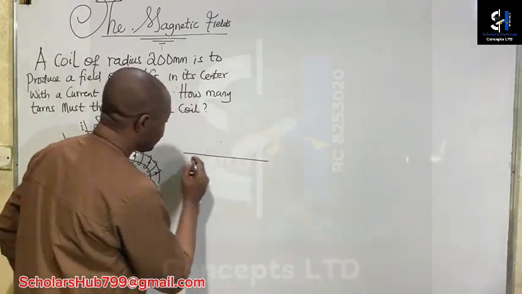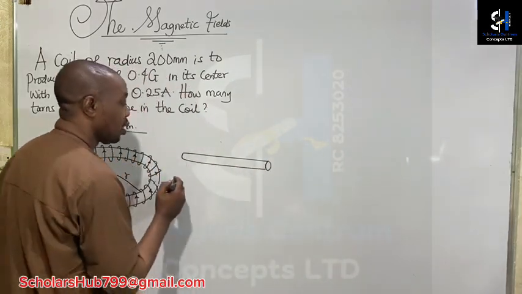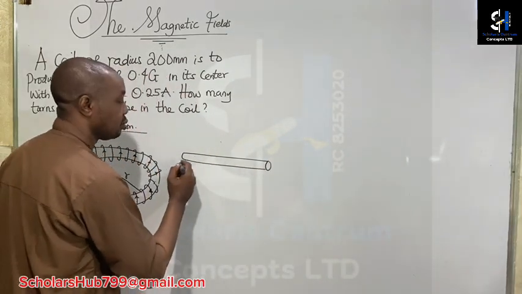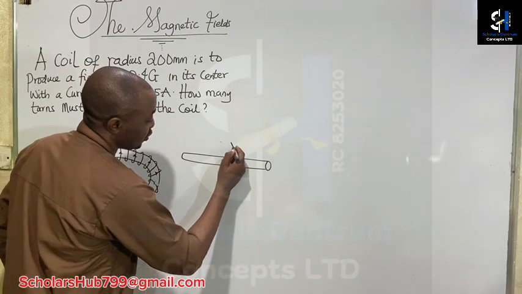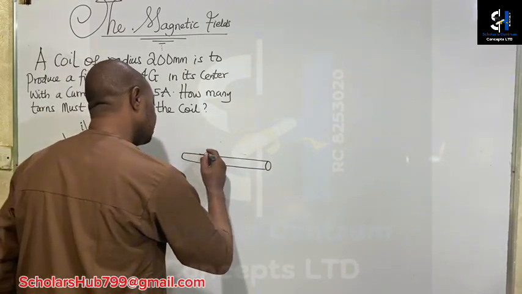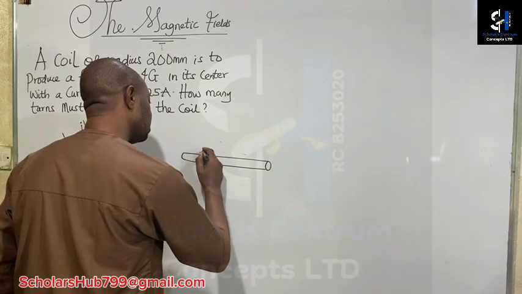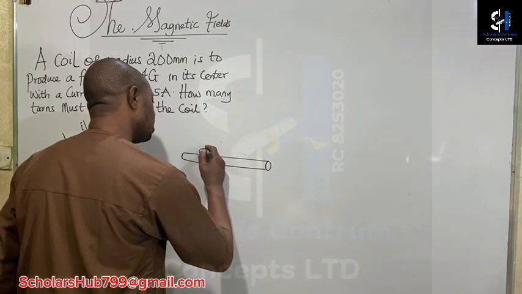Like when we have a straight conductor, this is a straight conductor. When a straight conductor is grasped with the right hand, like this,